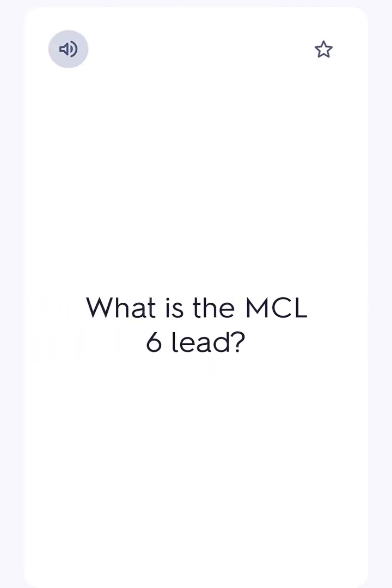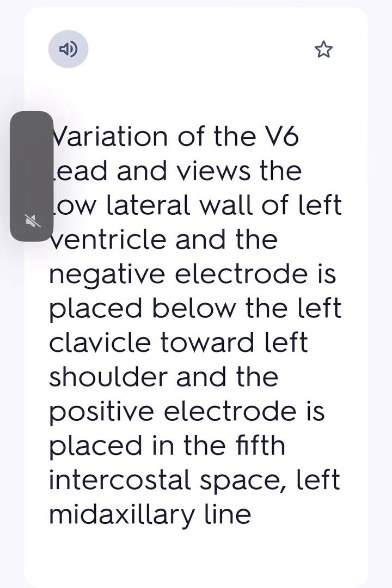What is the MCL6 lead? Variation of the V6 lead and views the low lateral wall of left ventricle, and the negative electrode is placed below the left clavicle toward left shoulder, and the positive electrode is placed in the fifth intercostal space, left mid-axillary line,